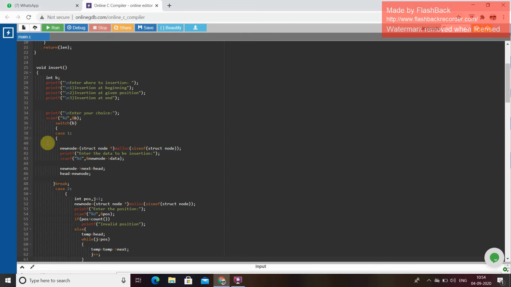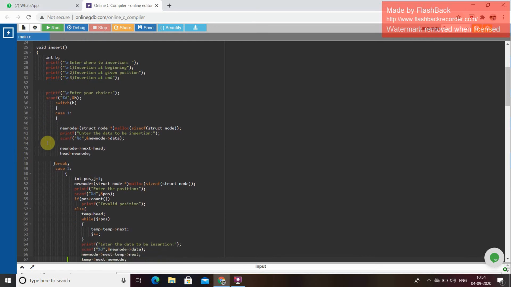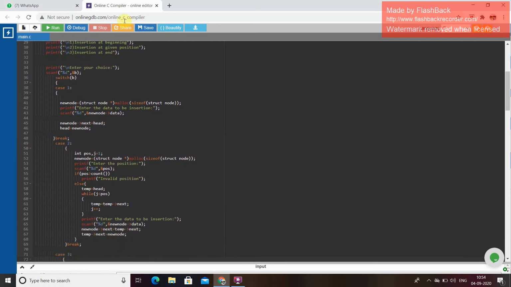Then we have to use switch case, where case 1, we have to open the bracket and we have to use newnode equals struct node * malloc sizeof struct node.